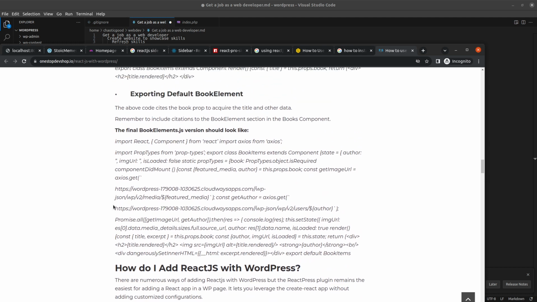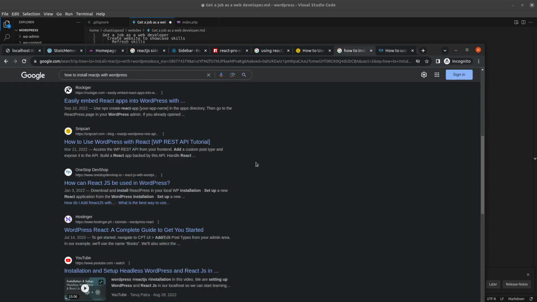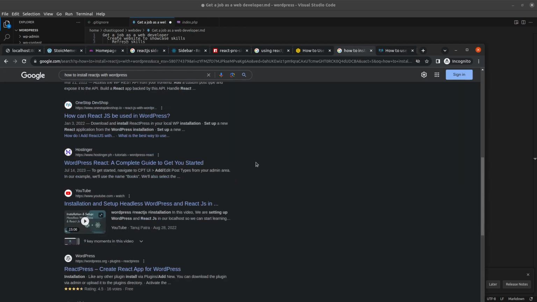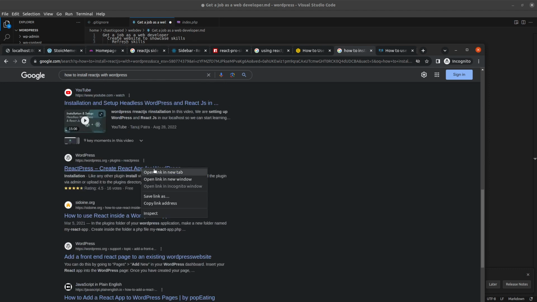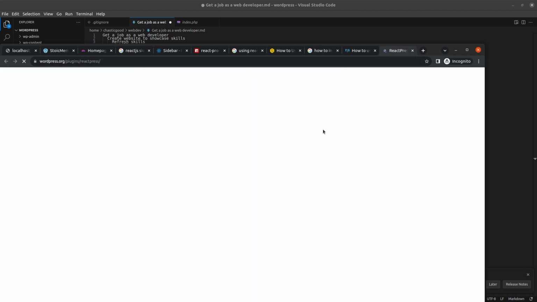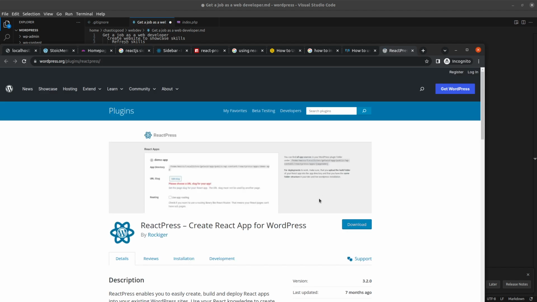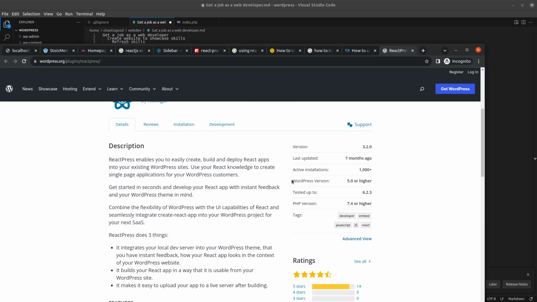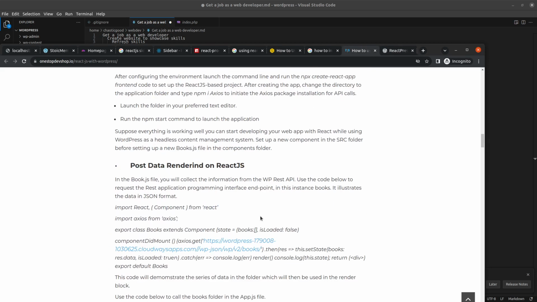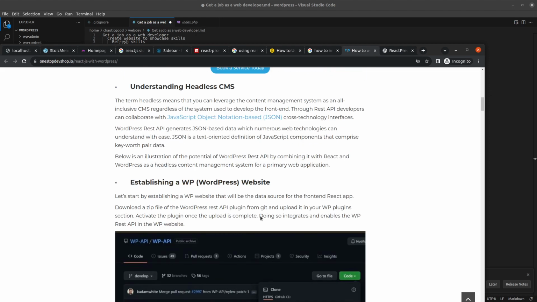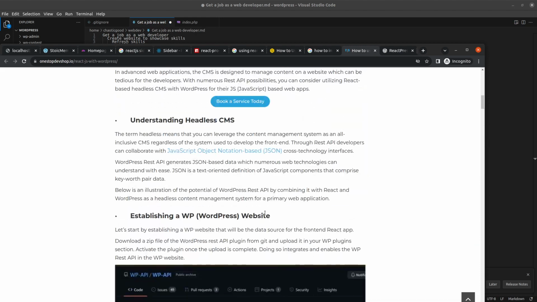Like what? There's so many options. That's the problem here. We have lots of options that we don't know what we should do. Does it say React Press or something? What kind of